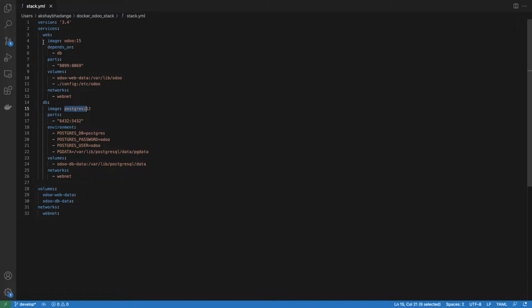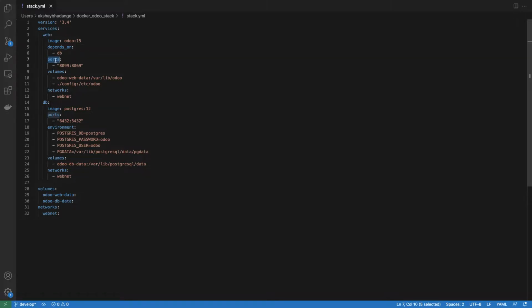As we know, the Odoo application depends on the database, so we should have our database ready when our application is starting. That's why I've added the parameter depends_on. Docker will wait for the database instance to be available, and after that Docker will start our Odoo application.